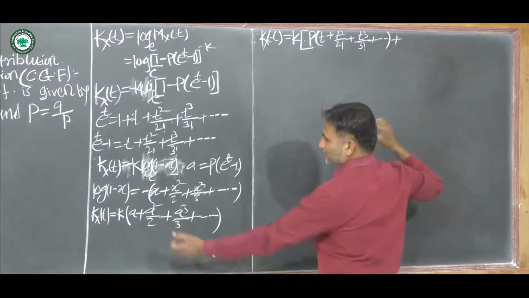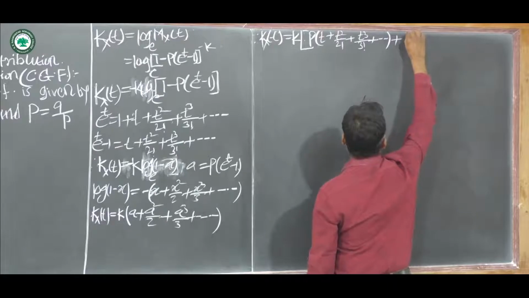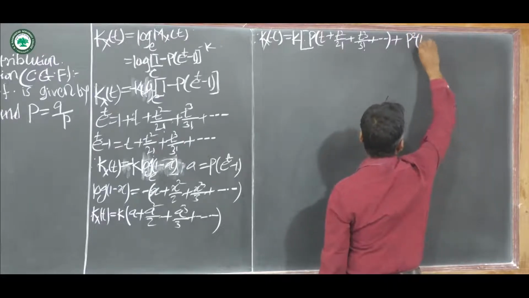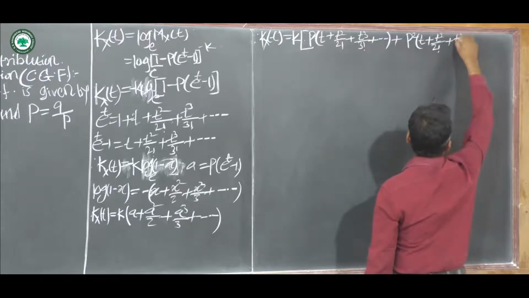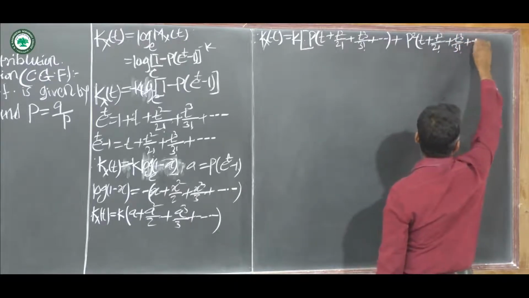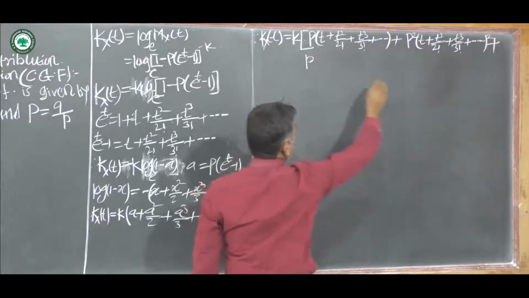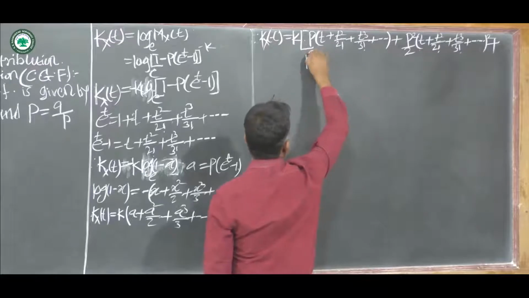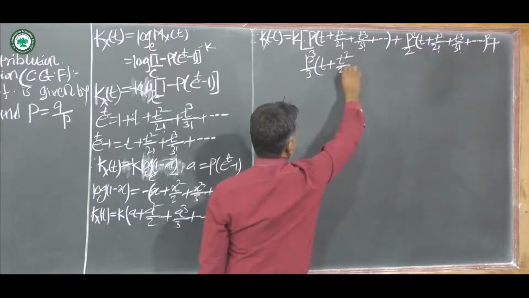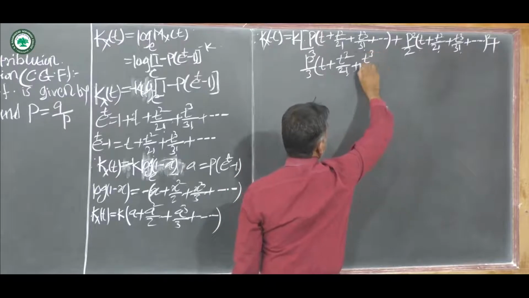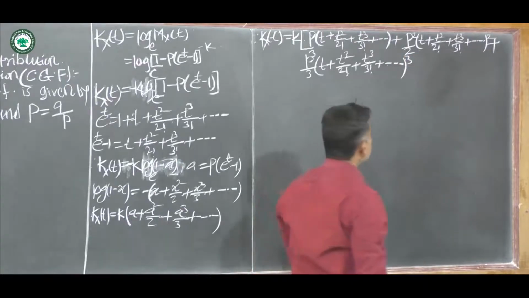Then plus second term, a square by 2, it is equal to p square into bracket t plus t square upon 2 factorial plus t cube upon 3 factorial plus dash dash dash, bracket complete, brackets are square, plus p square by 2 here, then p cube upon 3 into bracket t plus t square upon 2 factorial plus t cube upon 3 factorial plus dash dash dash, bracket complete, brackets are cube, then plus